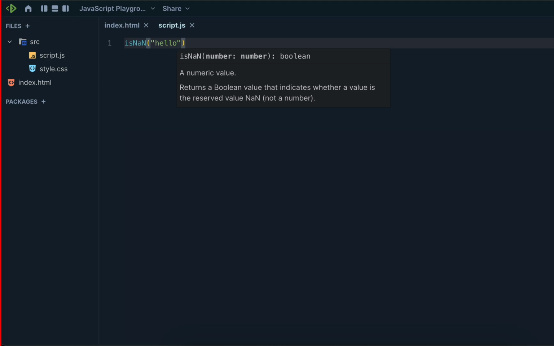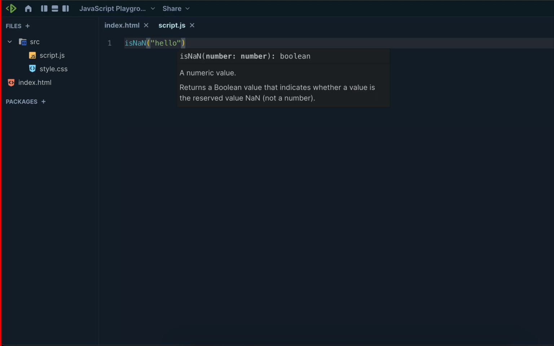True or false, sir? What about Kaustubh? Boolean values, yes, Boolean only. So what is it, true or false? True, sir. Basically it's true, because the string is converted into NaN also.